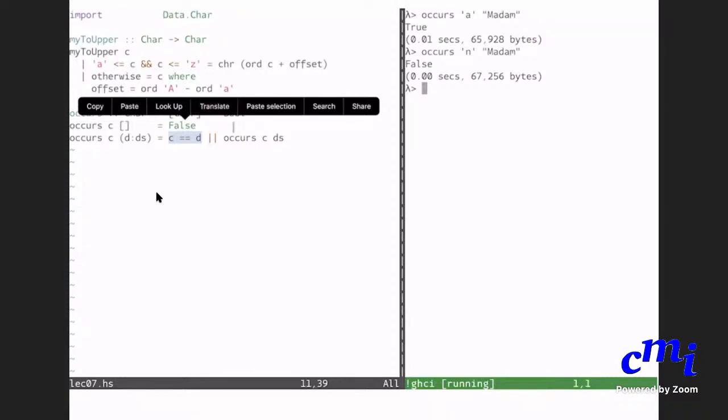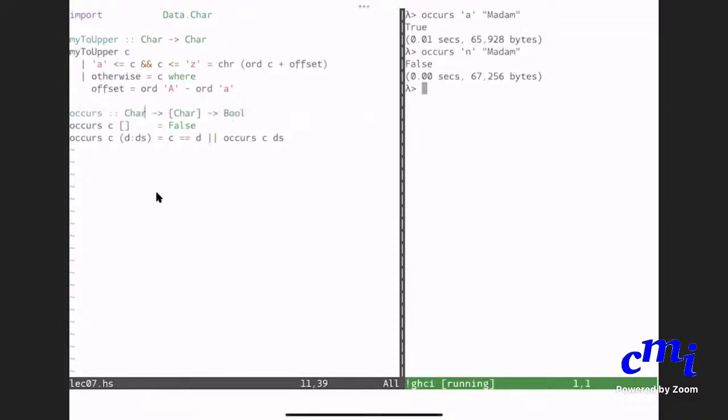So here you can go and say, and that is actually a built-in function. That's called elem. It's of type, so it's even more general than what you want.